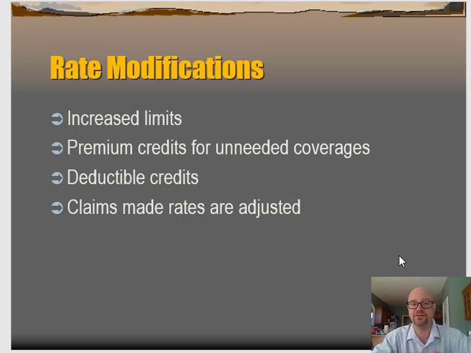And then once we figured out a rate, what changes that rate? Well, higher limits change the rate. If we're providing coverage that you don't need, you'll get a credit on your premium because the liability coverage is fairly broad. We'll have deductible credits. So if you take a higher deductible, and a lot of times we'll call it a retention level. Big business, right? They're not worried about contracts with a $500 deductible. They're going to say, look, we can pay for losses as long as the total of those losses is not bigger than $5 million. Okay, we're going to retain the first $5 million layer. And then above that, we're going to insure. Well, if you can take that kind of a deductible, that's really going to decrease your premium. And so that's going to have an impact. And the way it'll be applied is on the rate itself.